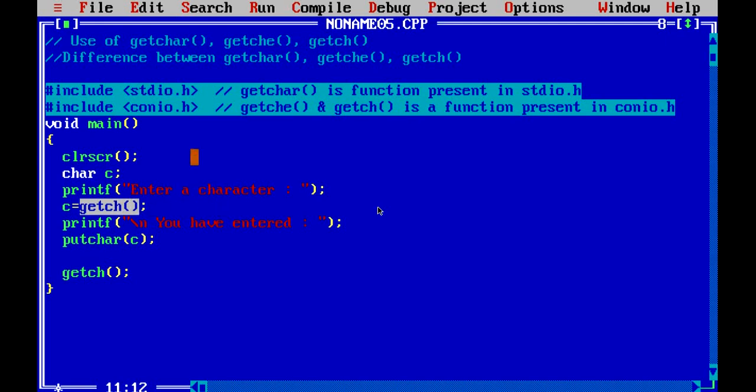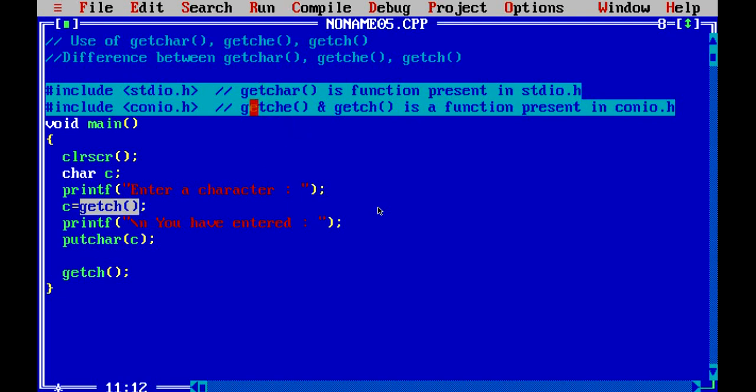So the basic difference between getchar, getche and getch is that getchar takes an input character and waits for enter to be pressed from the keyboard in order to return that character, and it also prints that character to the screen as soon as you input it.